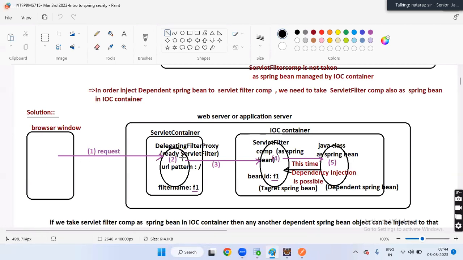Are you understanding my statement, boss? What is the filter name? F1. Then it will delegate, it will pass the request on.